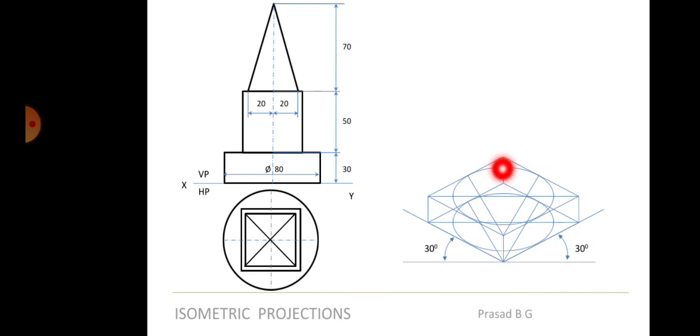Please listen here carefully. 50, 50 I have to place. So what I can do is I can find the center of this. From the center I can take 25, 25, 25, 25 and make a box around that. 25, 25 means from the center, total 50, right? ISO 50 and ISO 50 like this and make a box. That is one of the possibilities. Or the other possibility: if this is 80 and I know there should be one more box from the center 50, what is the distance on the side that will be left out? 80 minus 50 is how much? 30. 30 is remaining. So centrally from here to here 50 is there. So 30 is remaining means 15 will be on this side, 15 will be on this side.